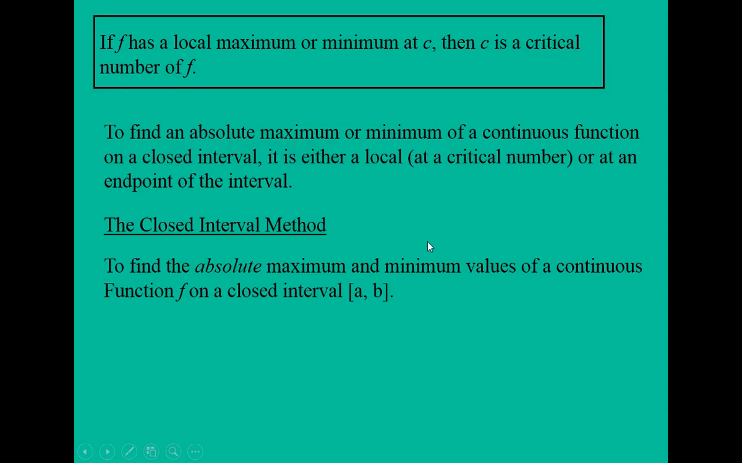In the last video, we talked about absolute maximum and absolute minimum values of a function on an interval. Now we're going to look at a technique called the closed interval method and how we can find these absolute maximum and minimum values. So the closed interval technique, to find the absolute maximum and minimum values of a continuous function f on a closed interval [a, b],